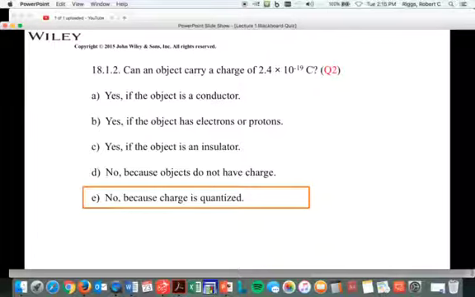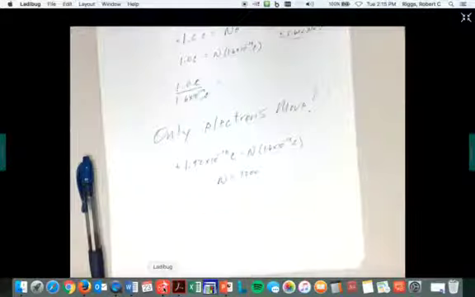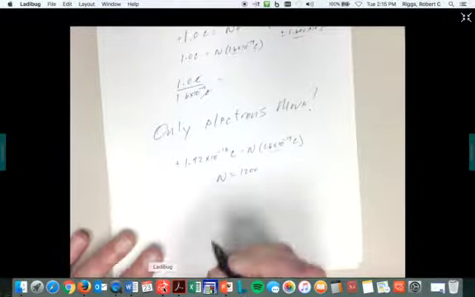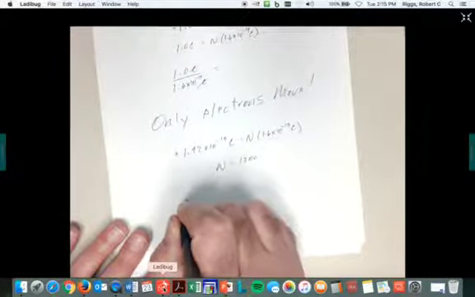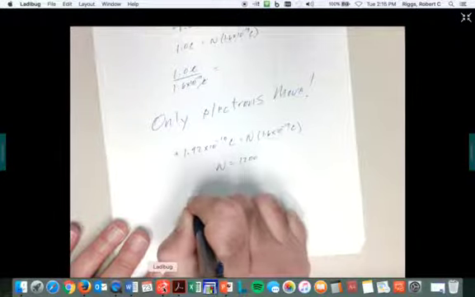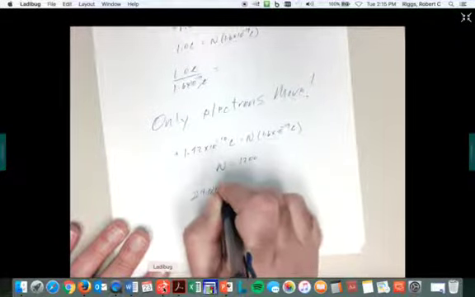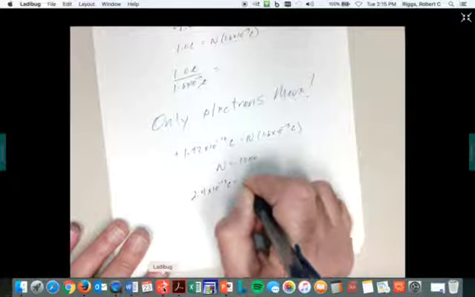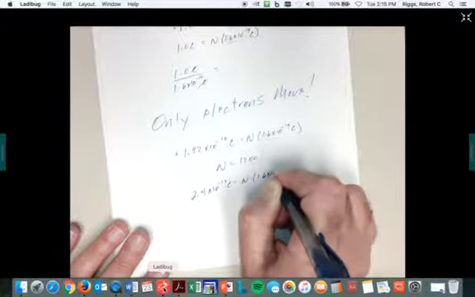No, it can't carry that much charge because charge is quantized. In other words, N has to be a counting number: 1, 2, 3, 4, 5, 6. If you have that much charge, watch what happens. We've got 2.4 times 10 to the negative 19 coulombs is equal to N times 1.6 times 10 to the negative 19